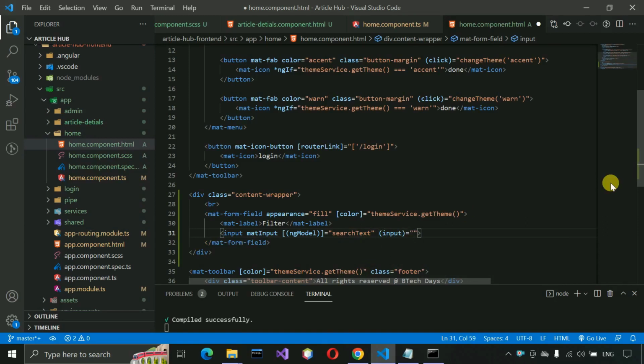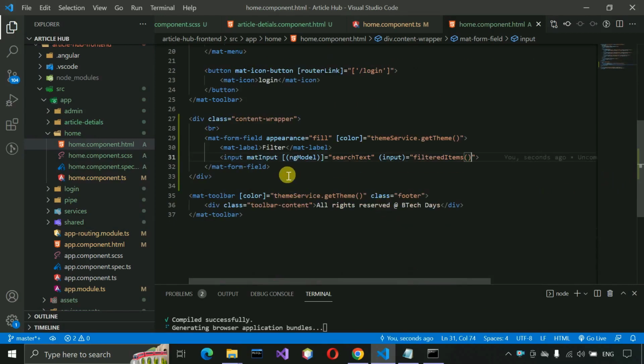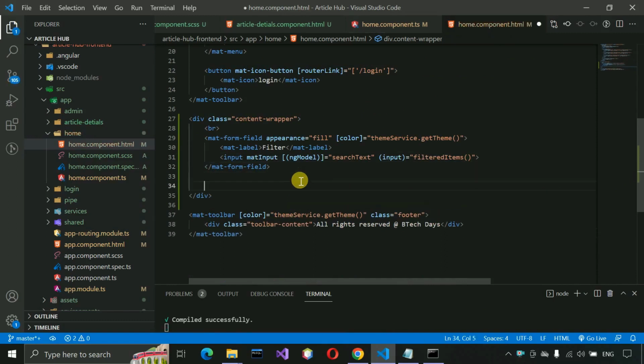Here we just need to call the method, filtered items, this one, and save this. After mat form field, inside this one we are going to create a div, and here class card container,